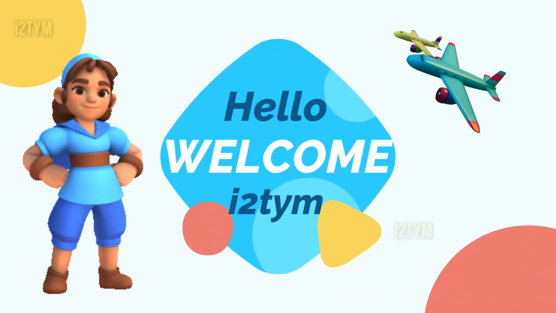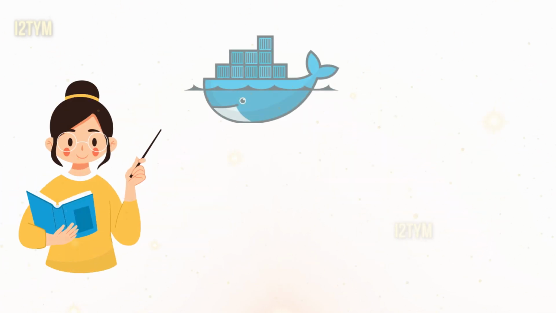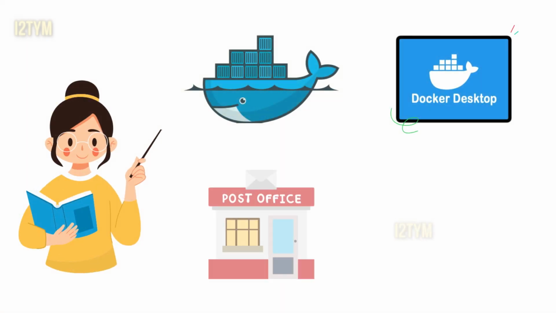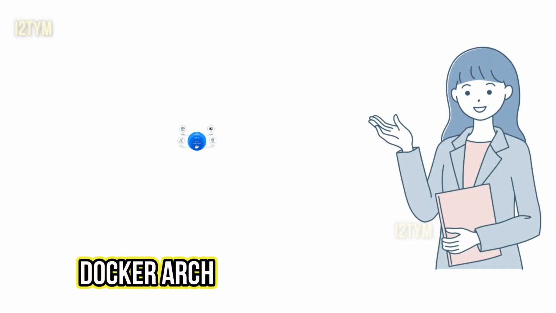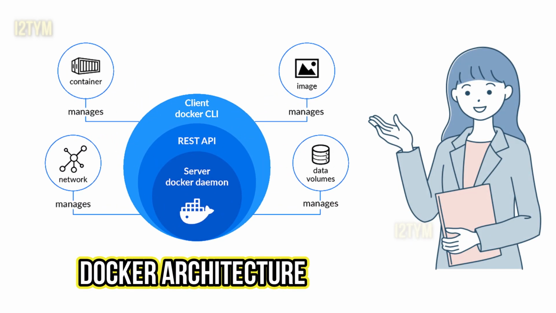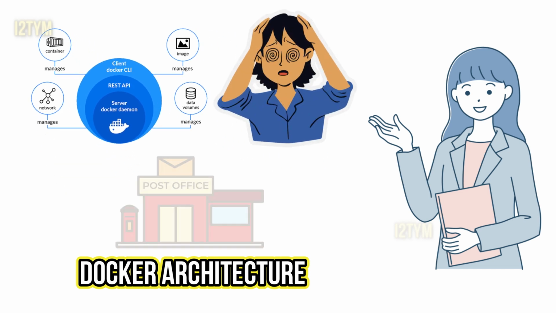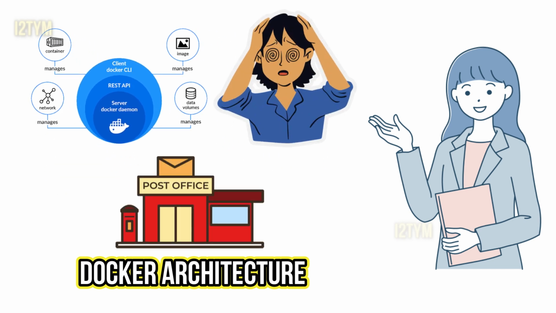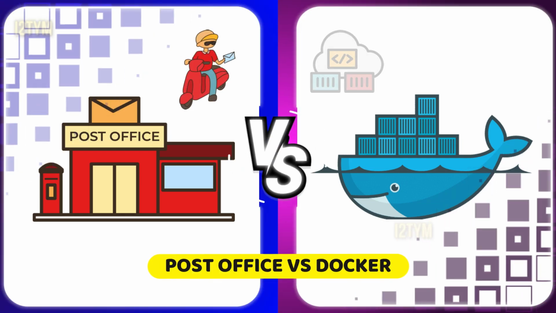In the previous videos, we covered the basics: what is Docker and how to install it, using a simple post office example to help visualize the concepts. Today, we are going to explain the architecture of Docker, but instead of just technical jargon, I'll use a simple example, a post office. Let's see how Docker works by comparing it to how packages move through the post office